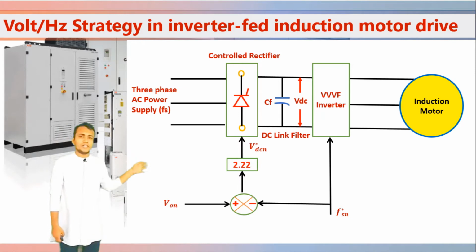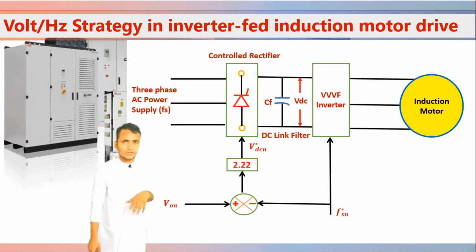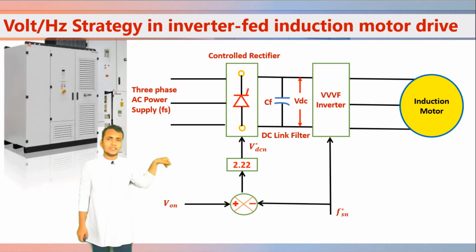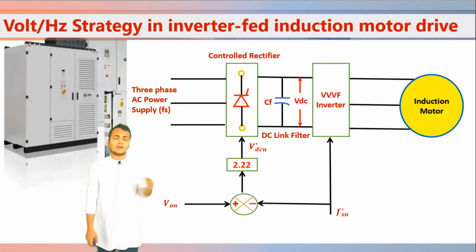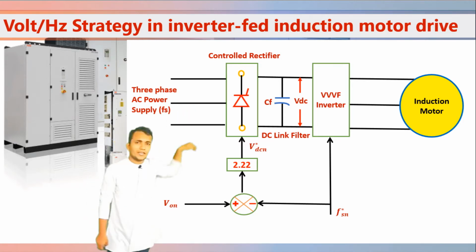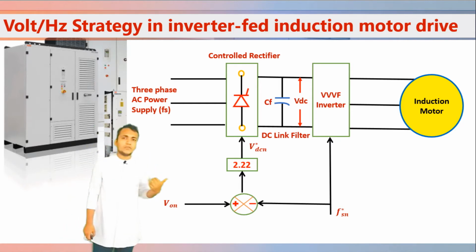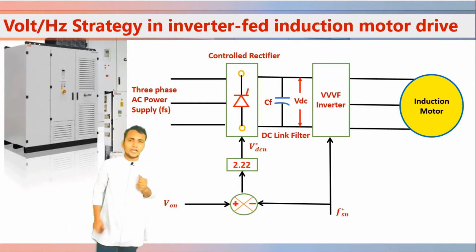Here the VDC star n comes from our equations, and that's why we can convert this to DC. Here AC is converted into DC, then DC is converted into AC, so that's why we use this VDC. So from this figure you can understand how we can derive this equation from before.